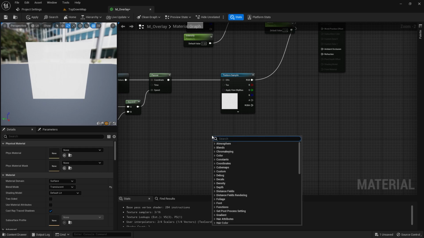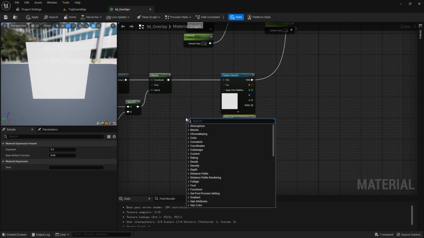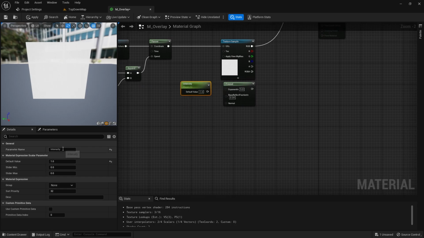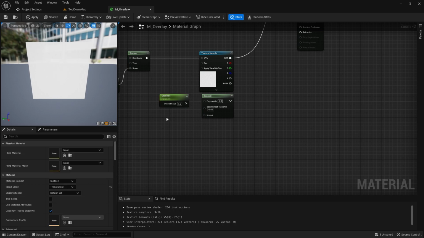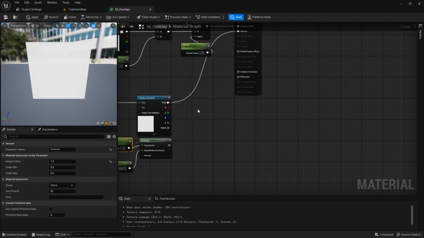So you can do that with a Fresnel. Probably saying that wrong. It's a weird word. So we can do the amount. Let's copy it. So we can make this the, what should we call this? Let's call it gradient because it's kind of what it's doing. We need to make a default value here. So we're going to need really small. This is sort of how transparent it is. So I'm just going to do 4 zeros and a 1. Put that into there. And then if we multiply this with our opacity,